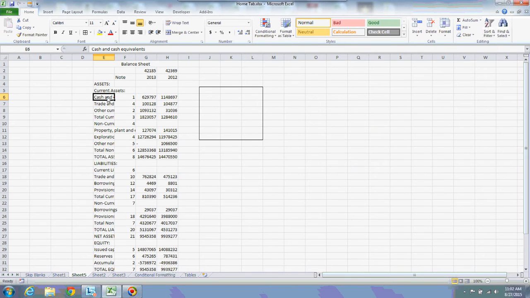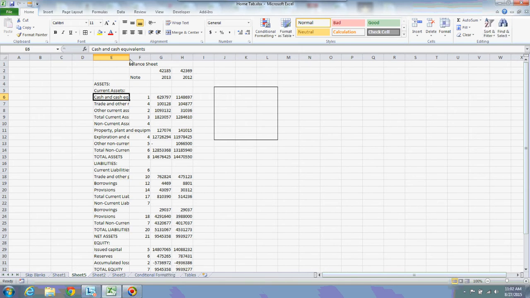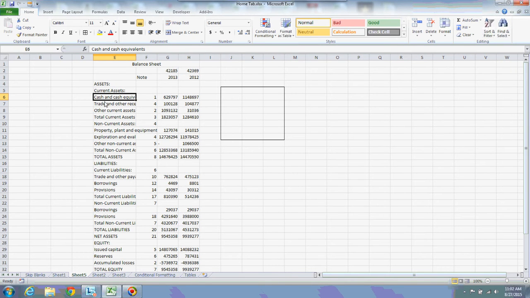Shrink to fit. Now you can observe, I am changing some text. You can see here cache and cache equivalents. Up to there only I am able to see, but you can observe the entire text of that particular cell in the formula bar.